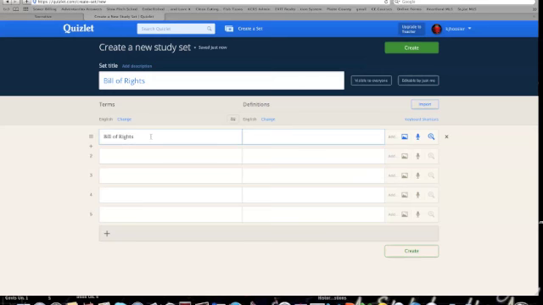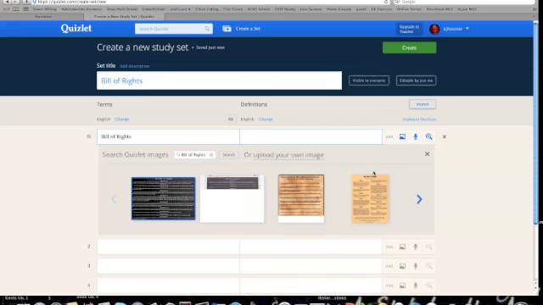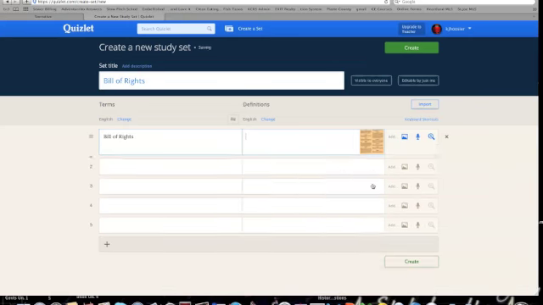So I typed in Bill of Rights, and that's the term. On the right, you have the definition, and you're able to type in whatever you want here, but I'm going to show you an easier way to do this. First of all, you see this first option I have. This is a picture, and it syncs right in with what you type in. So I've got the picture of the Bill of Rights, which helps the students visualize it. This next option my cursor's on is a voice recording, where I can record audio into my definition. But I'm going to show you the third tool, which I think is the most useful,